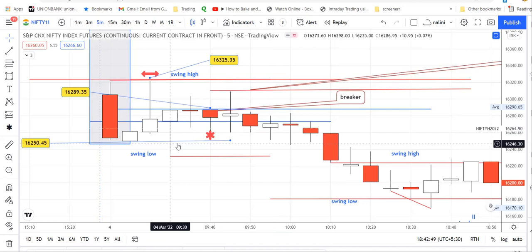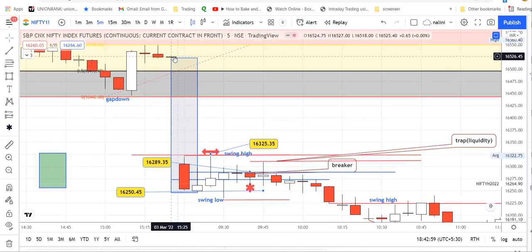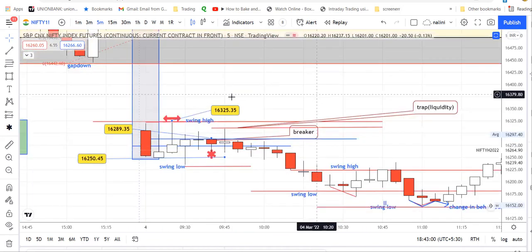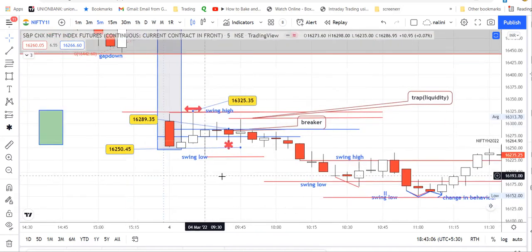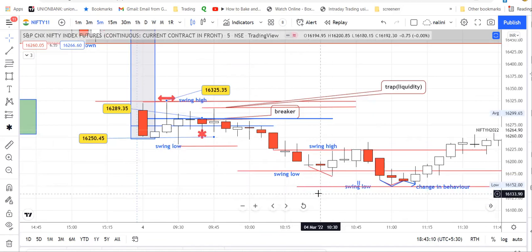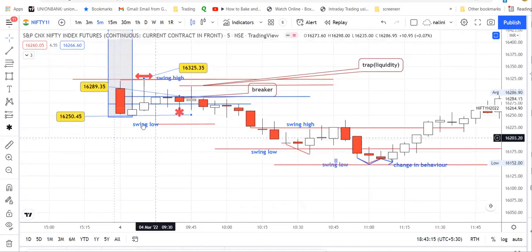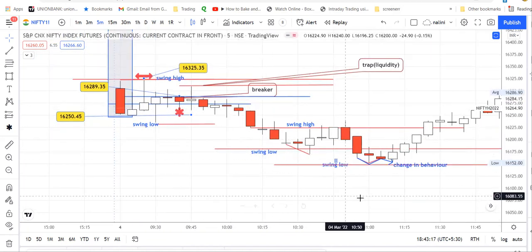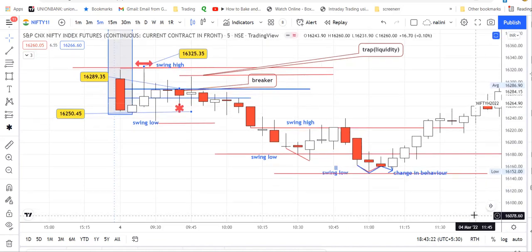Usually I select an out of the money put because the market has fallen down from 16,500. I selected the 16,500 put, so that you will be safe and you can trade in the 16,500 put. That is the other part of it. And the market is coming down like that, but you do not know where it is going to stop.